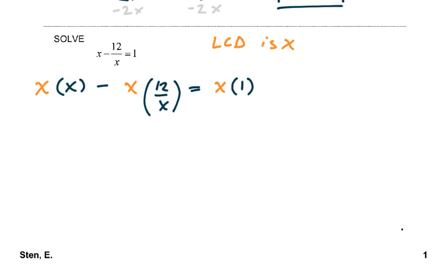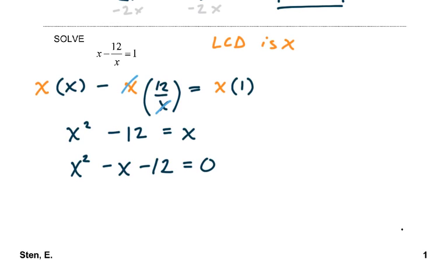So I put an x in front of every term, and I ended with x squared. You'll notice that the x times 12 over x, the x's cancel, minus 12 equals x. So here we have x squared minus x